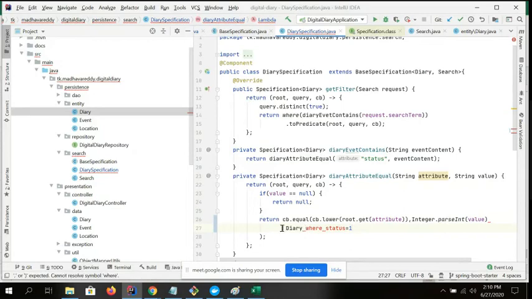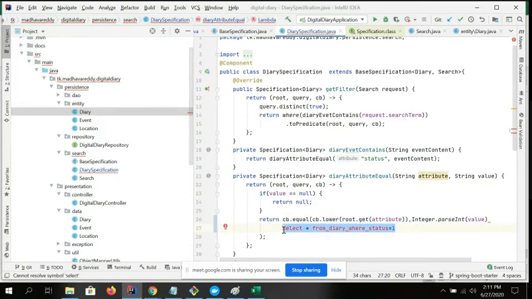It will be select star from diary. Diary is a table, it could be any table, right now I am just using diary. Select star from table where condition, and which attribute you are going to set. Right now I'm making it a simple relationship. If you want to make a complex relationship using this search operation, please let me know, and I can share a complex example. For this moment, this is a very simple operation for single attributes, not for objects.